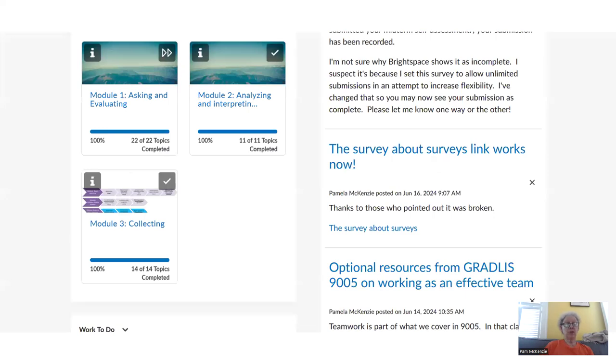The content is structured into modules. For consistency, I set each module up with an overview that includes learning outcomes, content, and the number of lessons. I've used release dates so that the following week's content becomes visible to students during our synchronous class so we can talk about it.